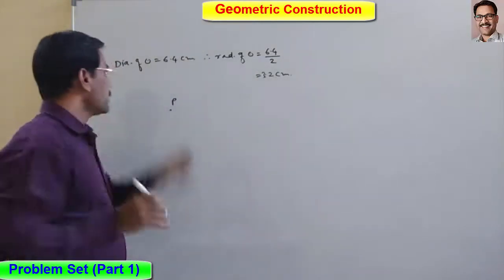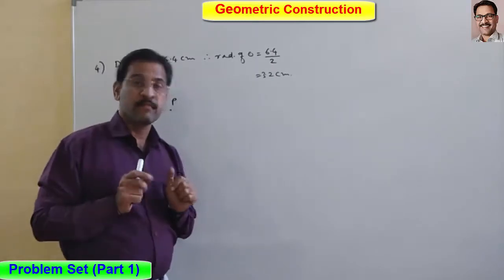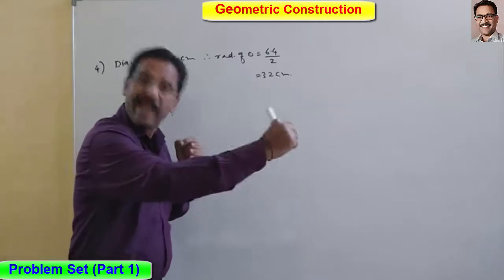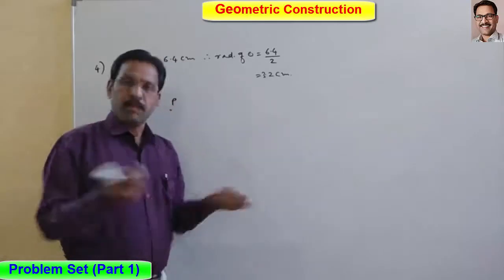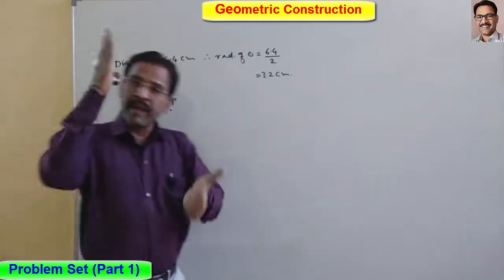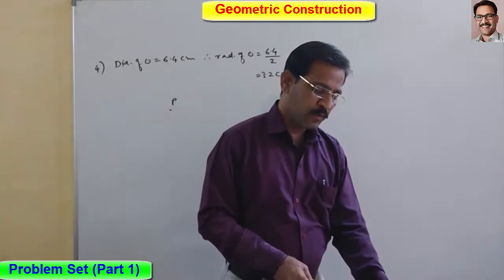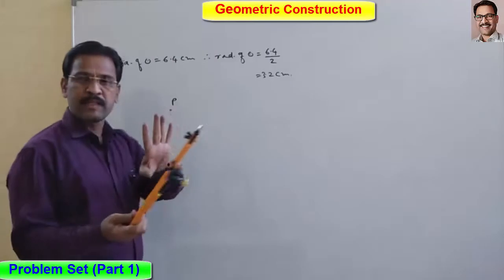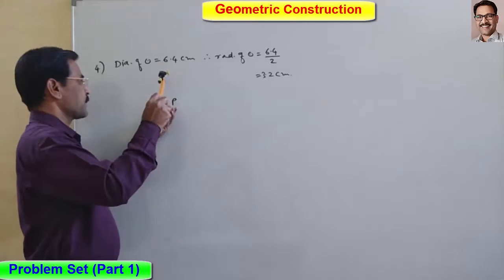Understand? Sometimes, suppose this is 6.5. Then how can we take the radius? That is also very important. At that time, you can draw that 6.5 segment and try to bisect it. We'll get one midpoint, that is the center. But easier, 6.4 means we can easily make half. Okay, so 3.2 we have to take in compass. Understand? So this is 3.2. Don't take 6.4 directly. Understand? So by taking this as the radius, we will draw that circle. Look here. This is the procedure.